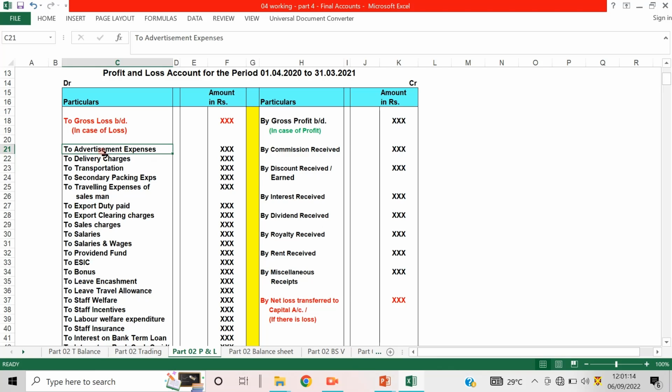Indirect expenditure: advertisement expenditure, delivery charges, transportation, secondary packing expenses, like that. In the trading account I told you directly involved packing materials are called direct packing, and any other, secondary, after that, if packings are made for distribution purpose, that is called secondary packing expenses. Traveling expenses of salesman or anybody of the organization. For example, directors or managers, they travel for the purpose of business, only for the purpose of business, the traveling expenses. Then export duty paid, export clearing charges, sales charges,